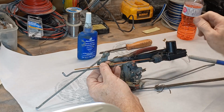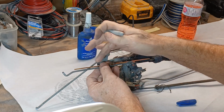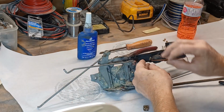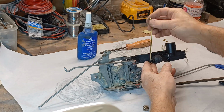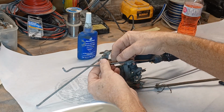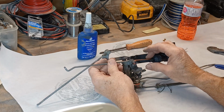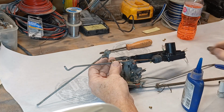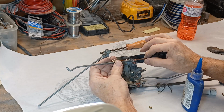Now, before I do that, though, I'm just going to grab my marker, because this is too long here. I don't want this extra piece up here, so I'm just going to mark that. Okay, so we've shortened the arm. This is down, this is down. So now I have